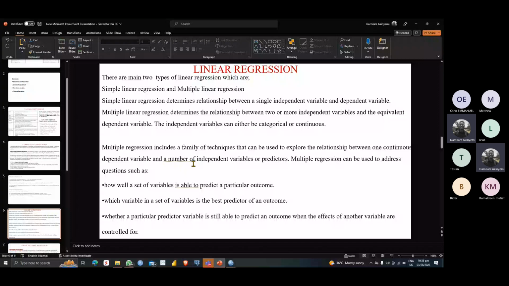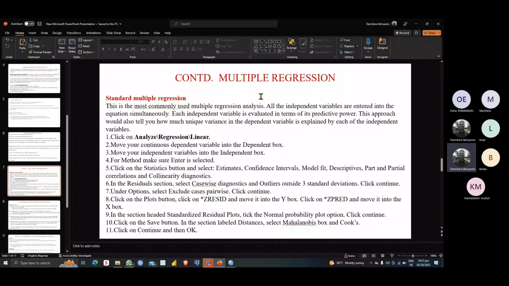All the independent variables are entered into the equation simultaneously. Now, what's the meaning of this? Once you have your dependent variable, you probably want to use 4 or 5 independent variables. All the independent variables will be entering simultaneously. Each independent variable is evaluated in terms of its predictive power. This approach will also tell you how much unique